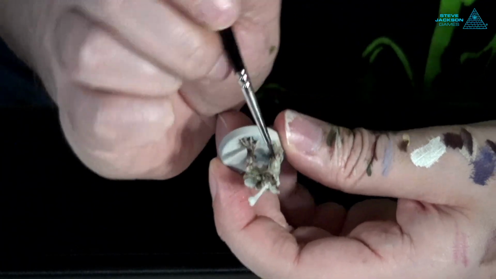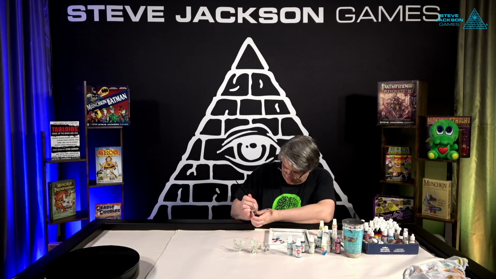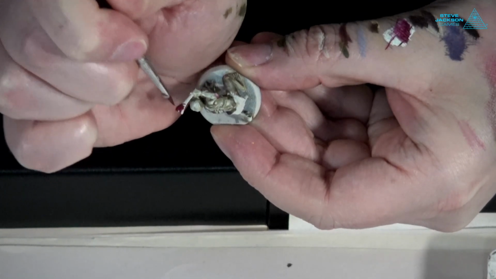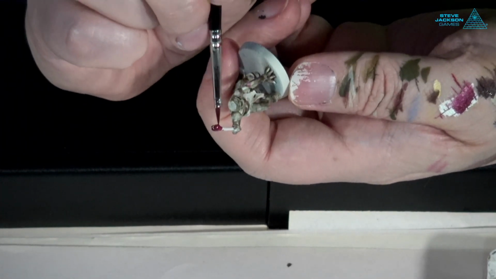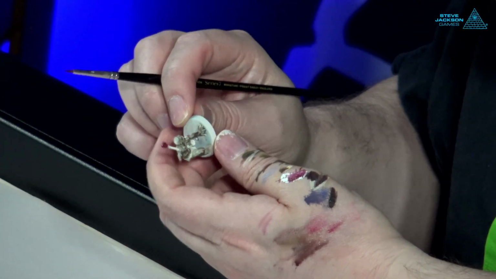Yeah, I like some good implied gore. A good place might be, I'm going to mix a little bit of black with this wine red for this. You could put some on the club, right? And then it implies that he's been beating some poor person's head in with his club. So you can just do little streaks, some little spots. I don't know, that's kind of a cool little subtle touch. For example,